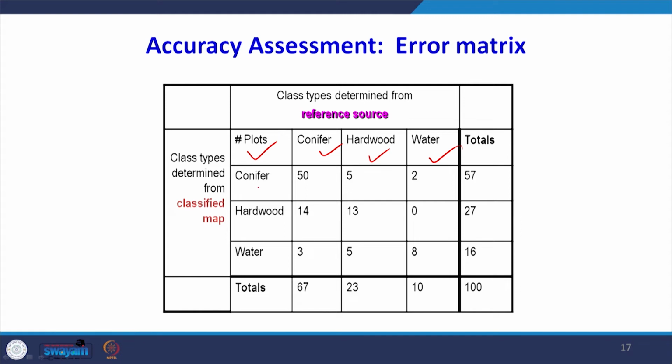The same 4 categories, the plot, the conifer, hardwood, water, this is from the classified map, and the last column here is indicating the total from the classified map, and here it shows the total from the reference sources. So, using this distribution of the figure, now we can determine the individual accuracy as well as the